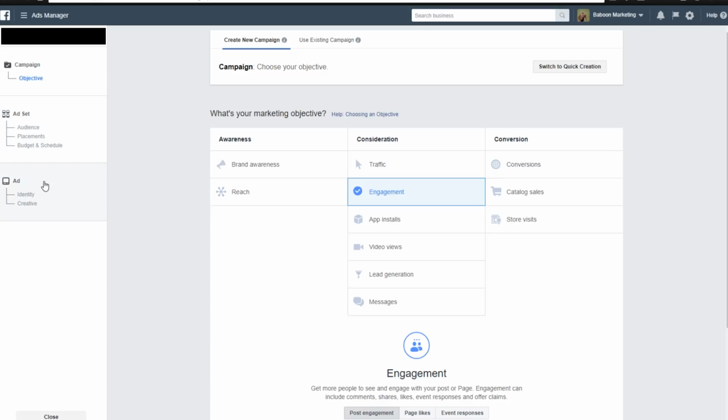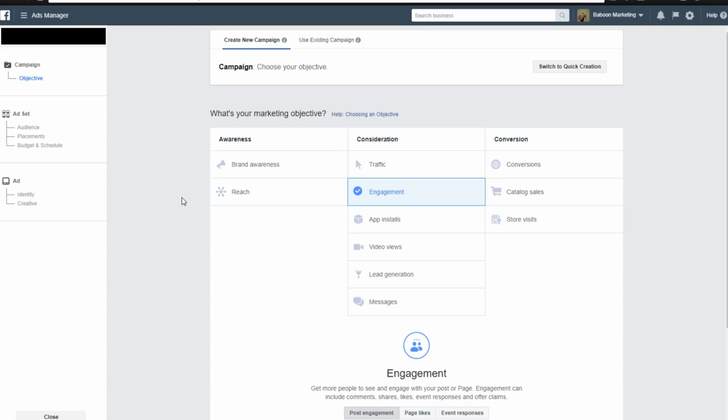Now, I already have an ad made that I will be showing you guys as an example for today for the Facebook ad that we are setting up here. But you could set up any kind of creative here. This is where you set up the post and all that kind of stuff for the engagement. Like, what is the post that people are going to be seeing, whether it's a photo, a video, all that kind of stuff. That's where you select it here. So that's essentially where you pick the campaign objective here. Then the ad set with the audience and targeting, and then the ad with the actual ad itself, the creative,